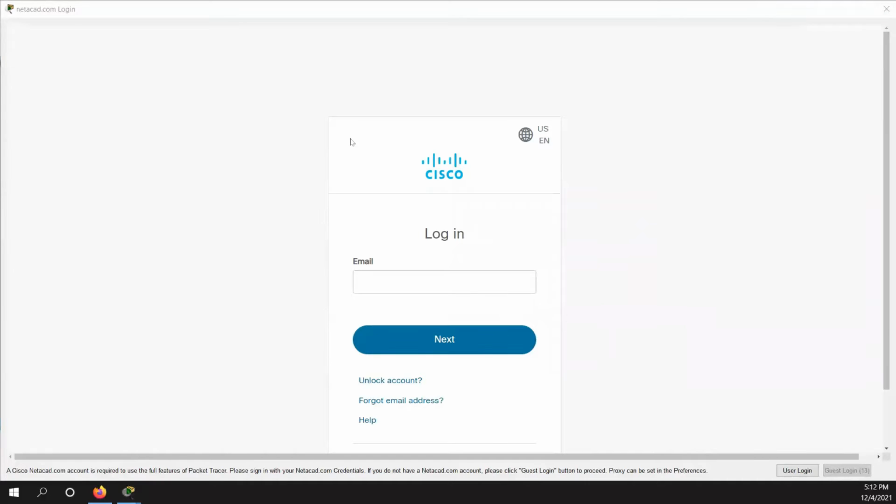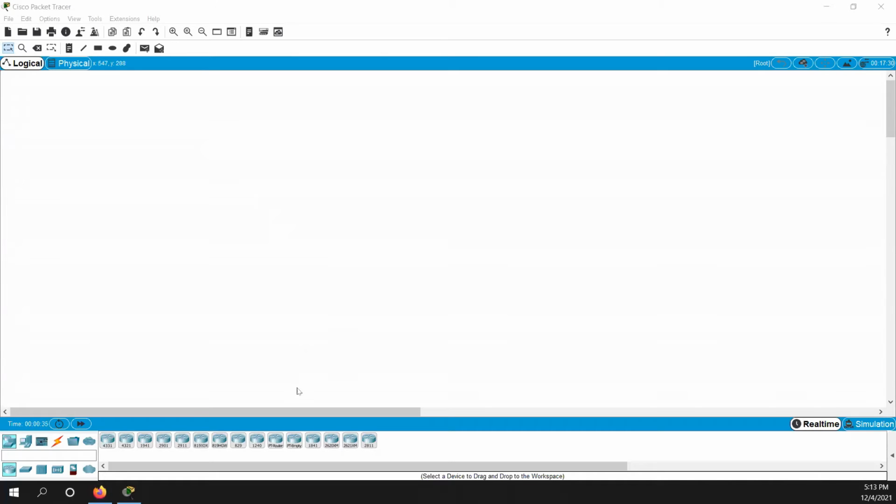This is a really good tool for practice. I would be using both, our lab and Cisco Packet Tracer, so that you understand how to use a simulator and an emulator to manage the lab. Cisco Packet Tracer is a simulator, and the lab which we provide is an emulator. So you can do your practice there.